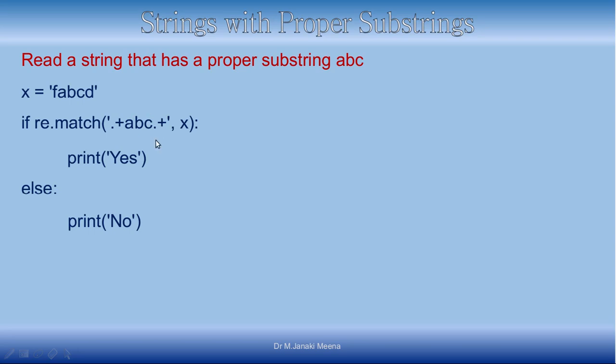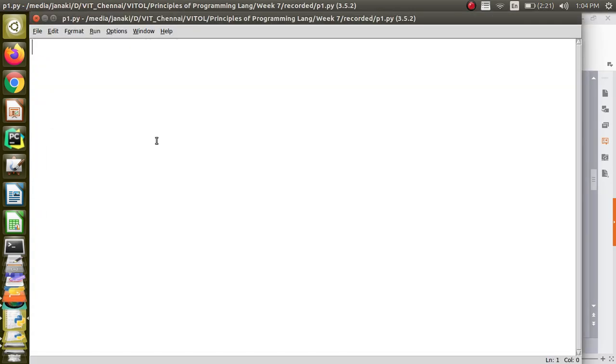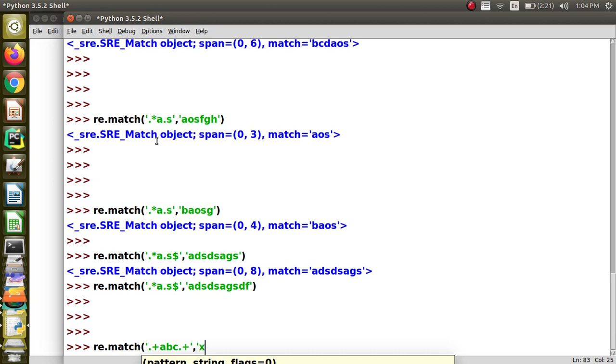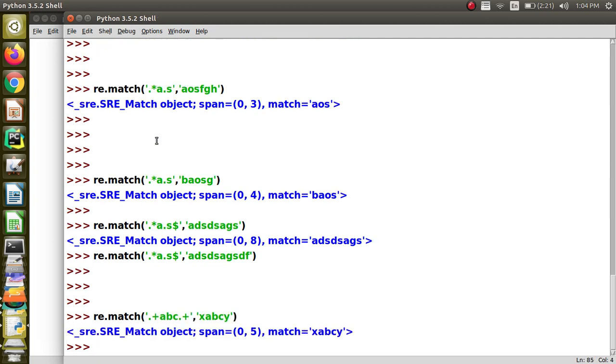We can see an example like re.match with dot plus, ABC, dot plus, and I will give X ABC Y. You will see that this ABC is occurring, right? So you will see that this is a match for the expression.